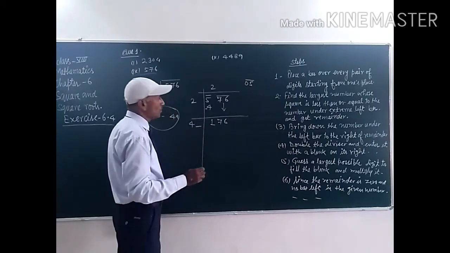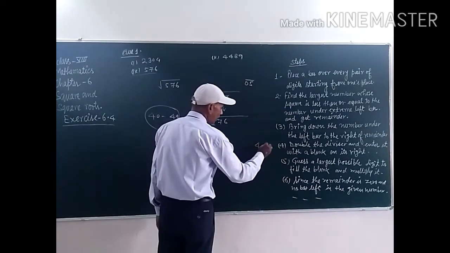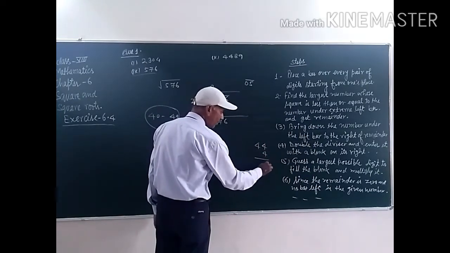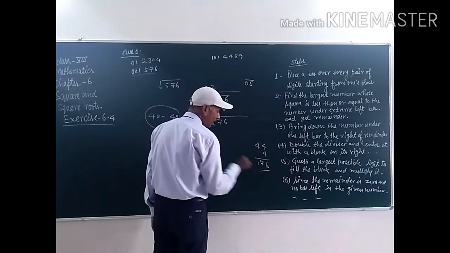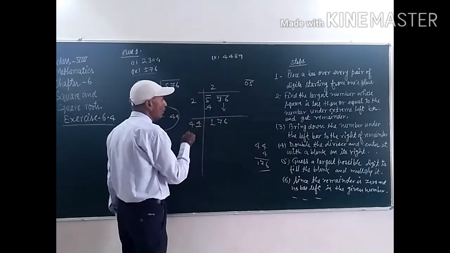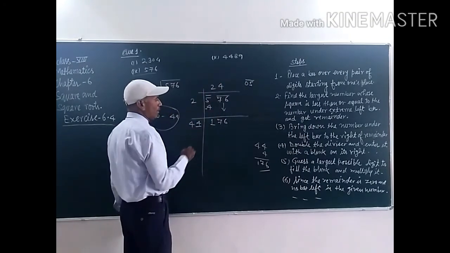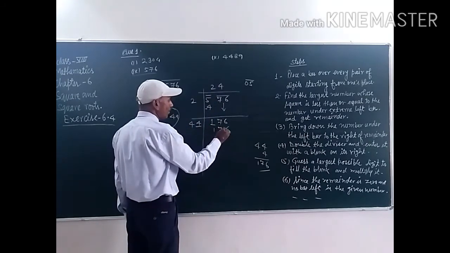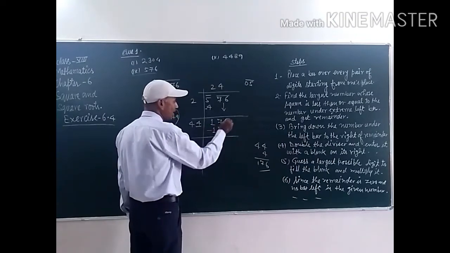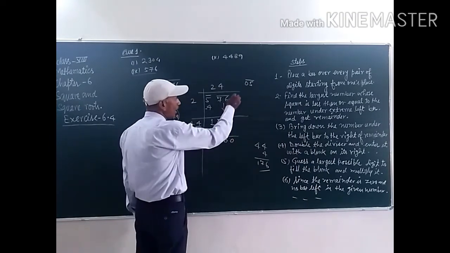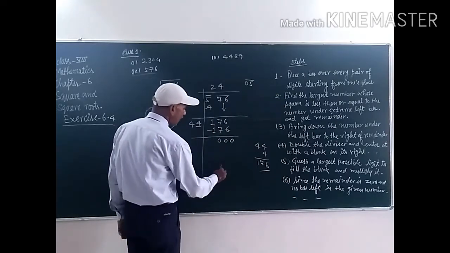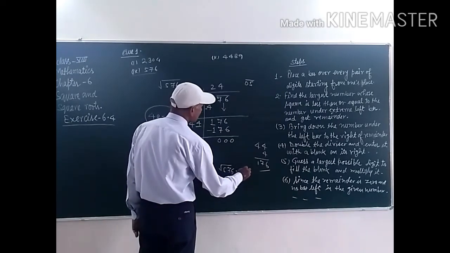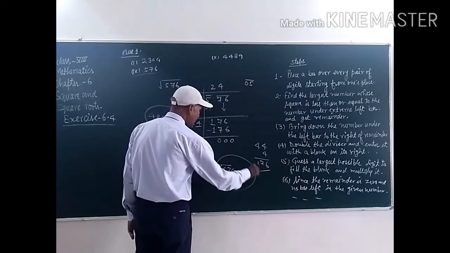So first of all we have to check this by 4 and 4. After this we have to multiply this 44 by 4. 4 4s are 16, 4 4s are 16, 117. Clear, student? So we have to put 4 here. Now put 4 here and multiply this 44 by 4. 4 4s are 16, 4 4s are 16, 117. Now subtract this, the remainder is 0, student, and no bar is left here. So the square root of 576 is equal to this one, 24. Clear, student? This is the answer, student.